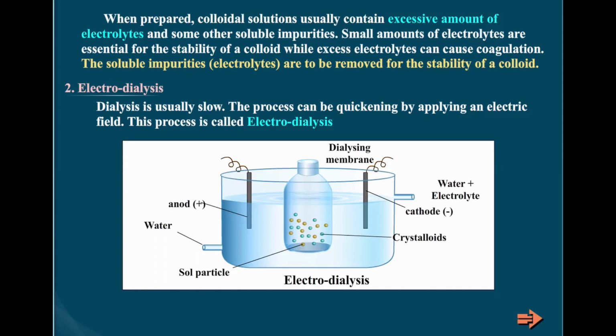As you can see here, ordinarily the process of dialysis is quite slow. It can be made faster by applying an electric field if the dissolved substance in the impure colloidal solution is only an electrolyte. The process is named electrodialysis. The colloidal solution is placed in a bag of a suitable membrane while pure water is taken outside. Electrodes are fitted in the compartment as shown in the figure. The ions present in the colloidal solution will migrate out to the oppositely charged electrodes.